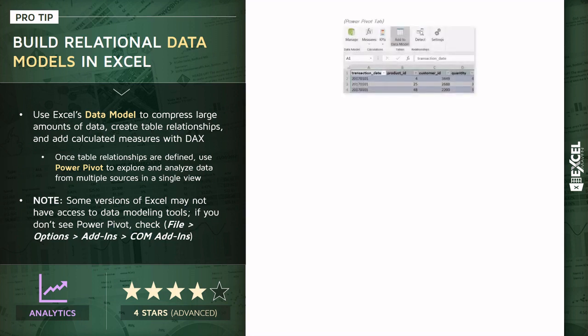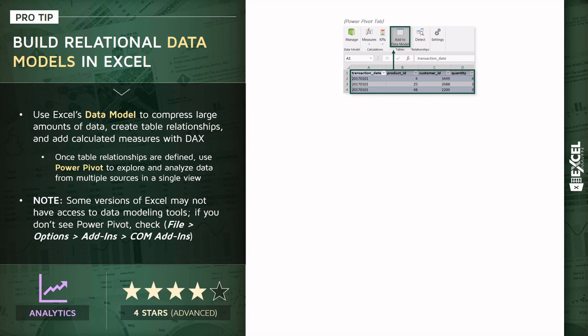So there are a few ways to get data into the data model. The most common way is to create a new connection to a data source using a tool like Power Query, also known as Get Data or Get and Transform, and load straight from that connection into the model. A simpler way to add data to the model, especially for the sake of demonstration, is to take a table from a worksheet, which is generally a much smaller table, and click the Add to Data Model button within the